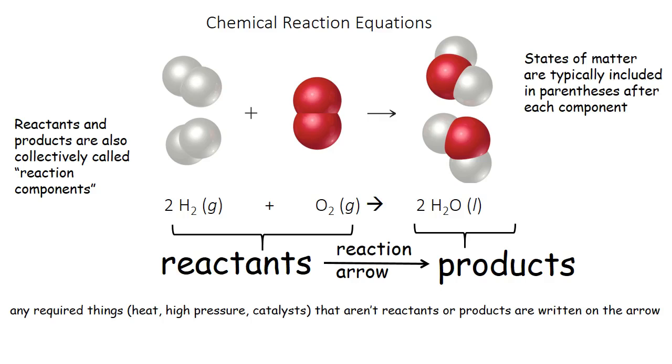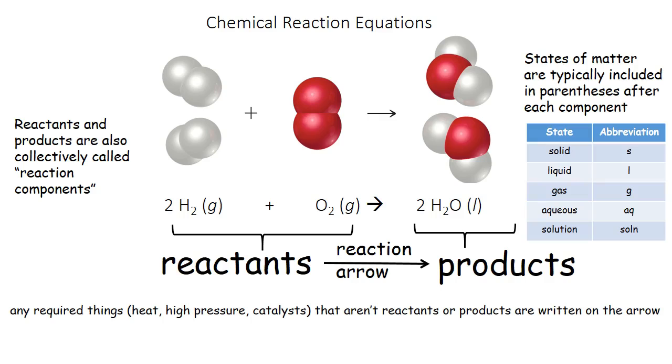Now, states of matter are typically included in parentheses after each component. Sometimes you see them subscripted, but they're usually in parentheses, whether they're subscripted or regular. Sometimes they're italicized like they are here. The formatting varies, but usually there is an abbreviation that indicates the state of matter. This table would help you know which state of matter it is. Most of us are familiar with solids, which would be S, liquids, which is L, gases, which are abbreviated G